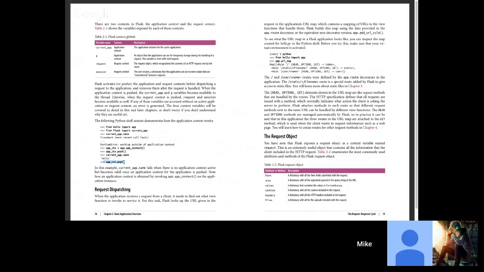Yeah, so we are going to request dispatching. Did we read this? In this example, current app name first when there is no application context active. Yeah, okay, yeah. So maybe I read